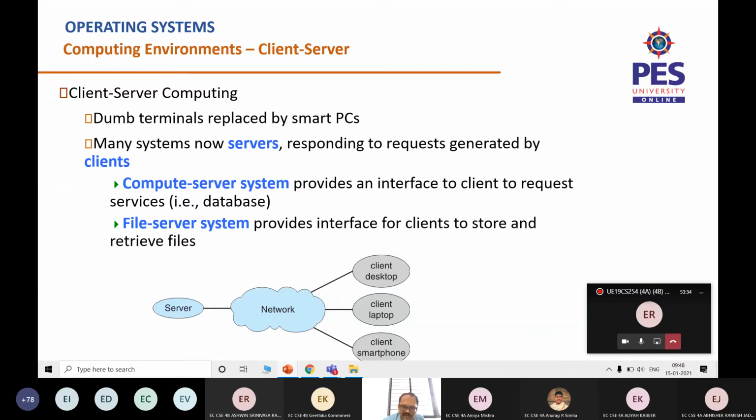Your system, wherever you are writing the exam, is connected to a server through the local area network. All that you do in your client, maybe selecting an option or typing an answer for a descriptive question, is transferred as a request to the server.